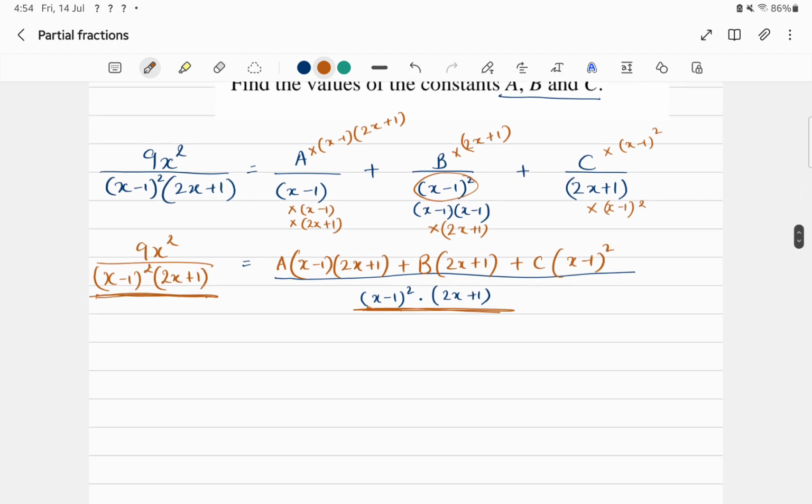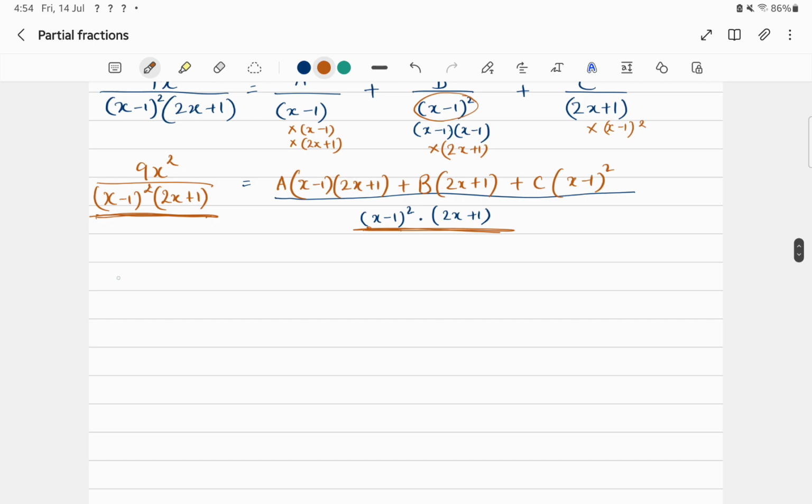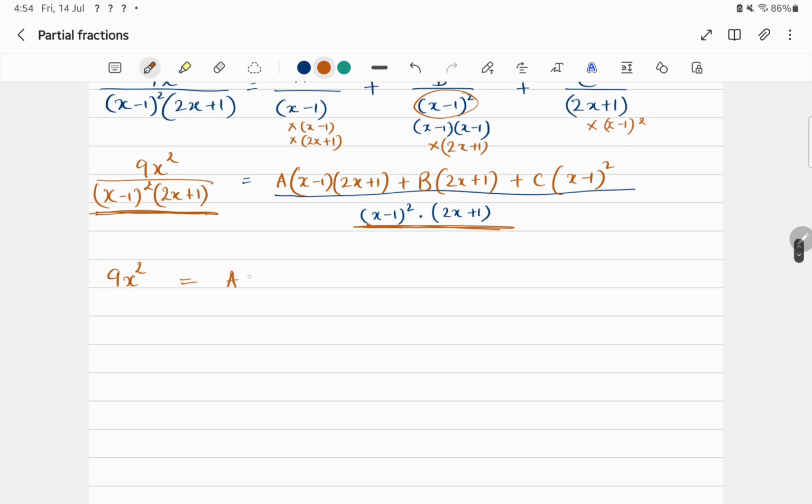So we don't have to write the whole thing. We can just write 9x squared is equal to a, because the denominators are equal, and now